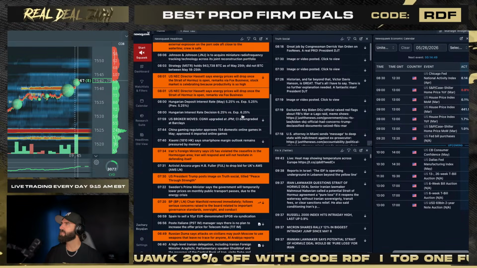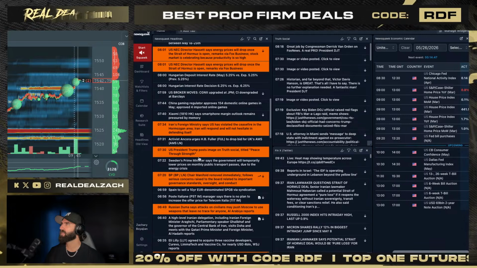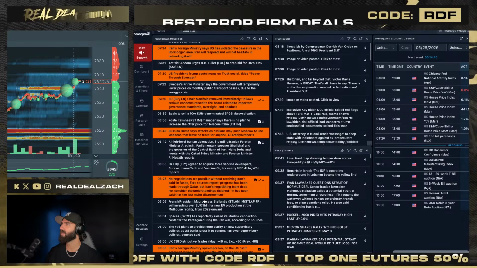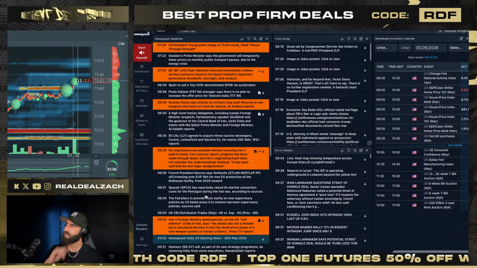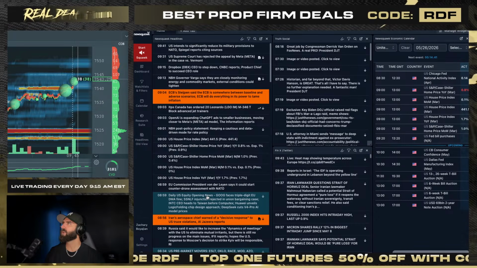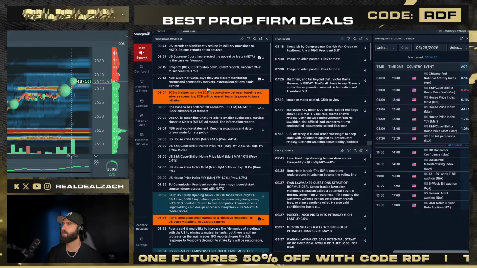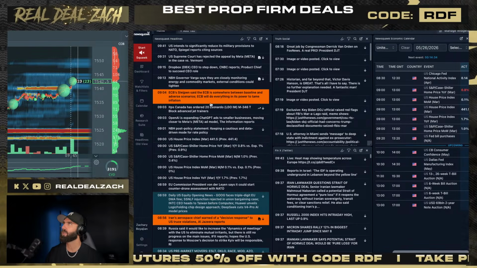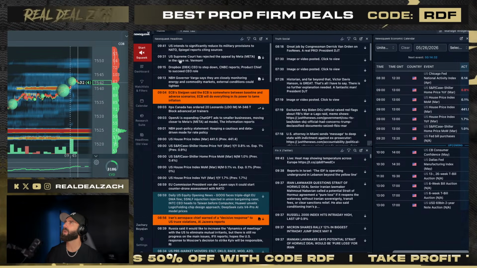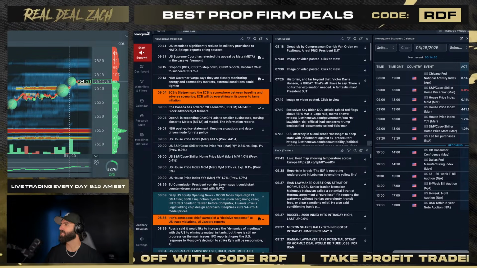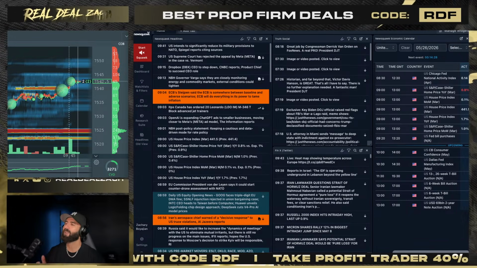Nothing too crazy right off the open. Of course, comments still coming in from the Iran situation, but not an insane amount of volatility. I think a lot of people were expecting a huge movement. We did get a gap, and we haven't filled it. We just pushed to the upside, got to pull back, and now we're continuing back higher. But nothing too crazy there. As far as scheduled news events today, we got consumer confidence.